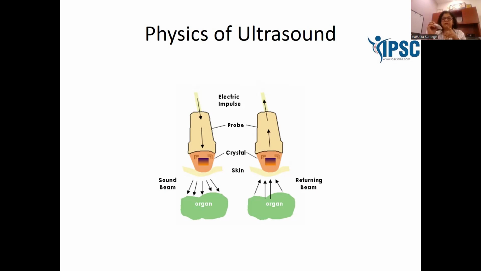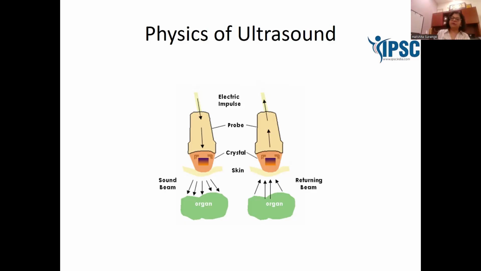that surface. For example, if my probe is kept here on this finger and ultrasound beams are emitted, the various layers of my finger are going to reflect back ultrasound beams. For example, the skin will reflect some ultrasound beams, the subcutaneous tissue will reflect some, the underlying muscles are going to reflect some, and so on. These reflected ultrasound beams are again collected by the ultrasound probe and are displayed on the screen as echoes.